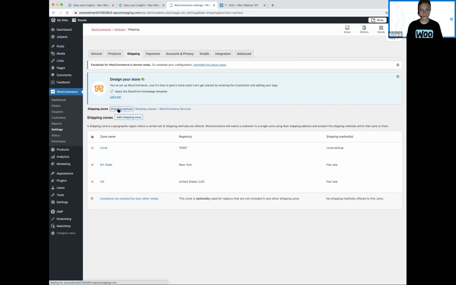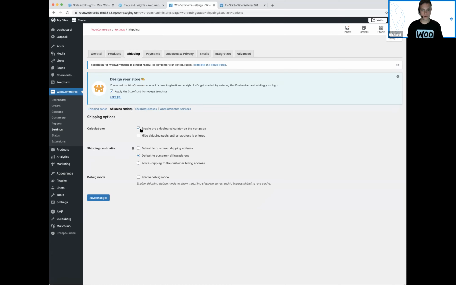Okay, there's some additional shipping options here. If you want to show the calculator on the cart page, you can. I would just go through these settings and refer to the docs. So if we go to